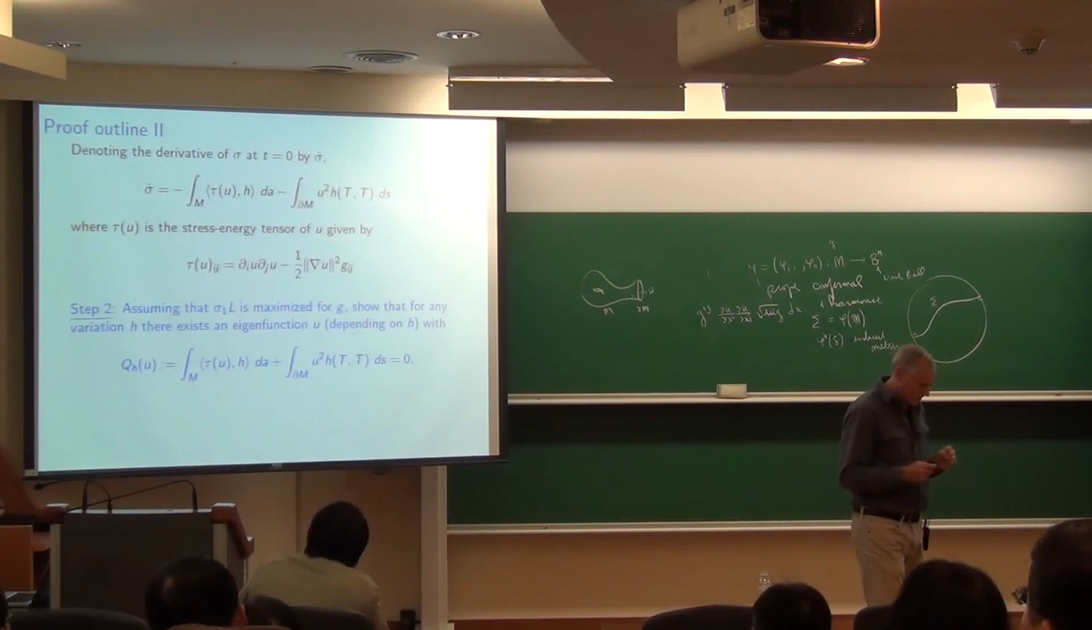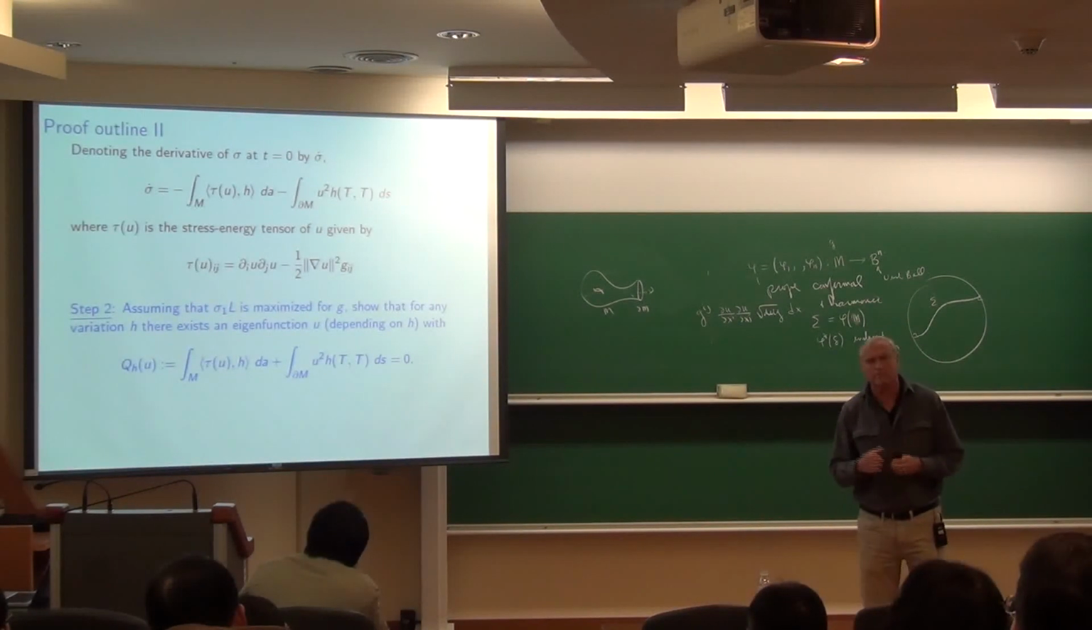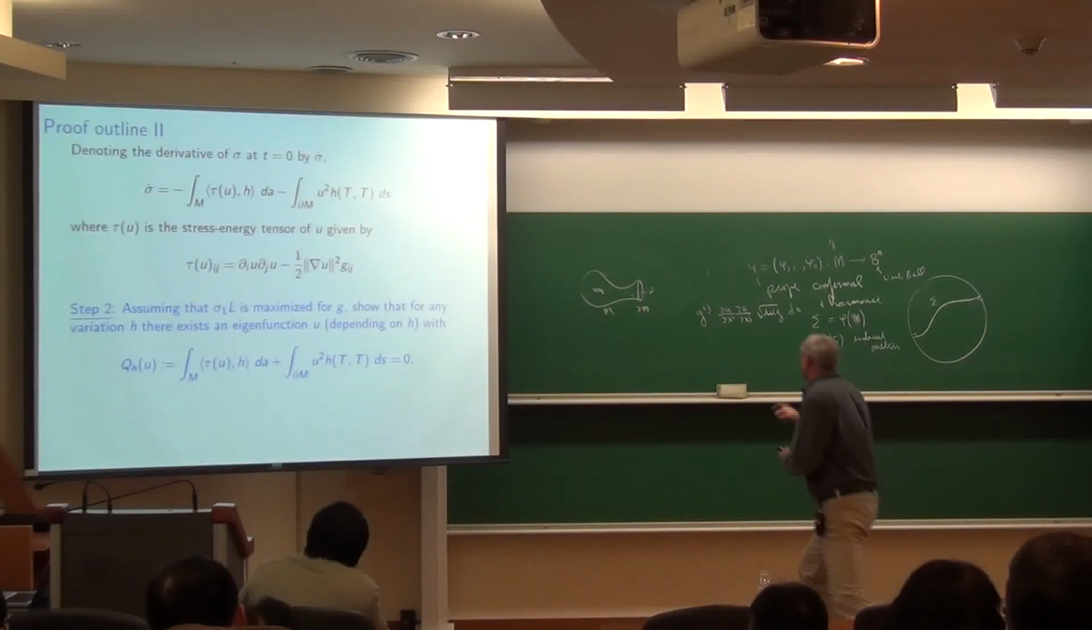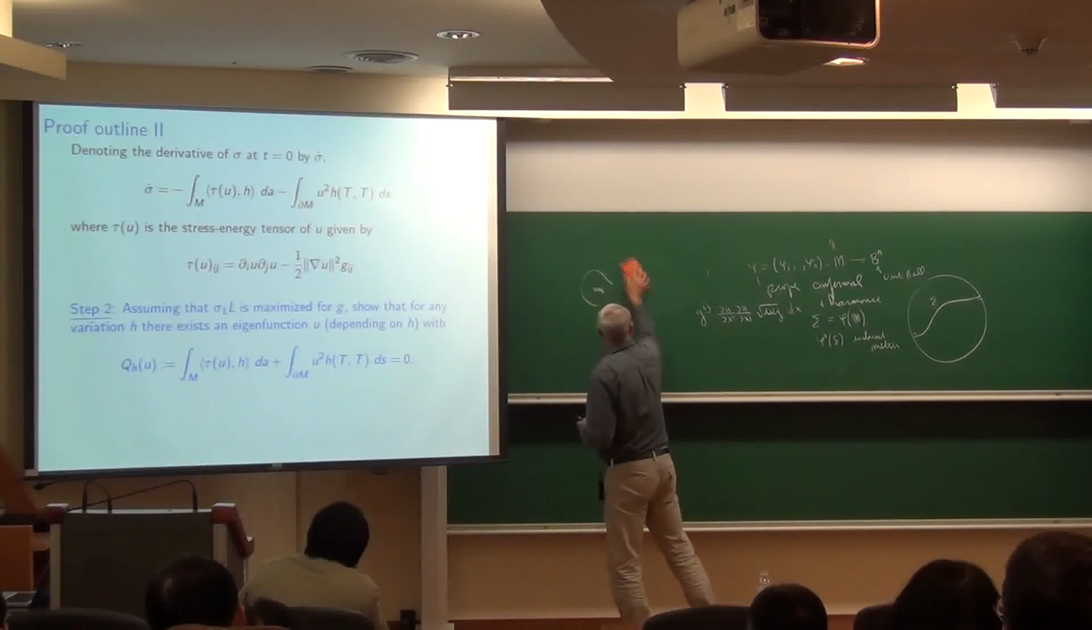Okay, and now we have to deal with the fact that we can't expect to have smoothly varying families of eigenfunctions. And so the picture is really more like this. So if we have multiplicity,